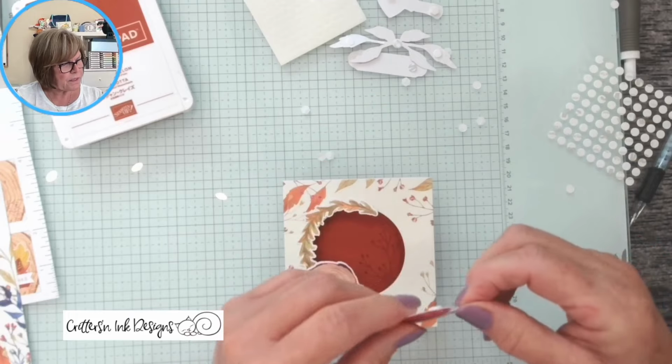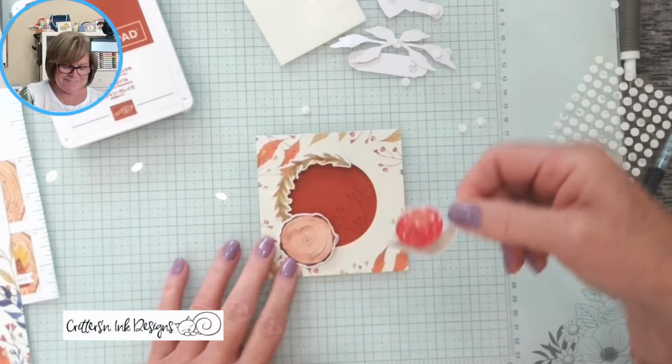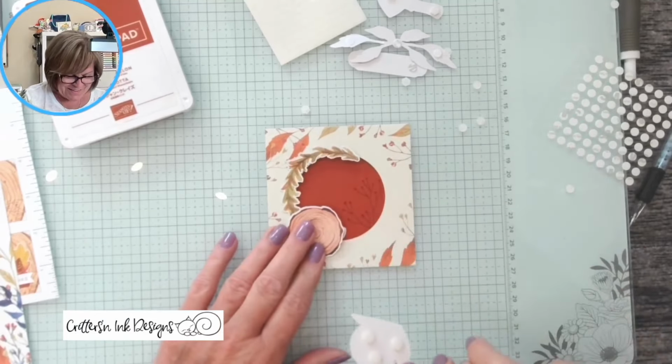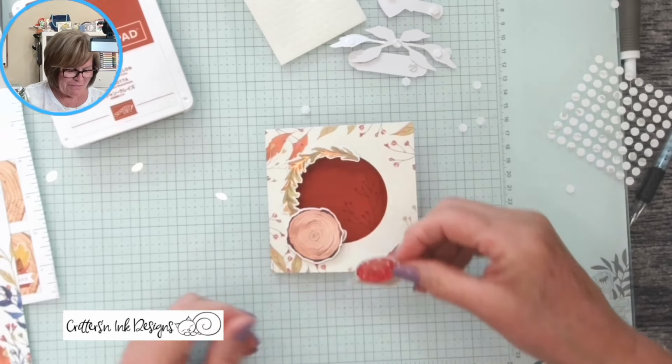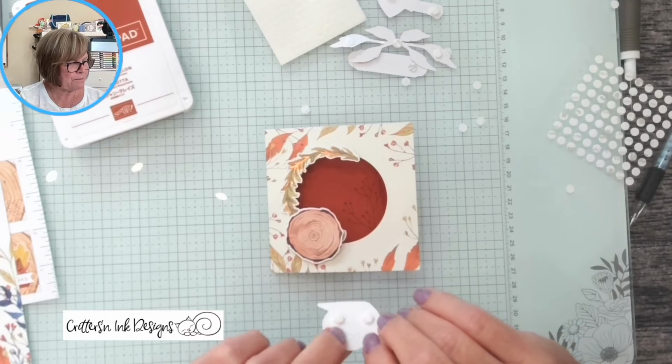Mm. Okay, and I was going to call this a squirrel. Our squirrel is going to go here. Okie dokie. And you thought I had shiny bubble syndrome again. What's that? Nothing. Are you talking about my shiny bubble bubble syndrome? Yeah. So again, I've taken the glue dot off the top because